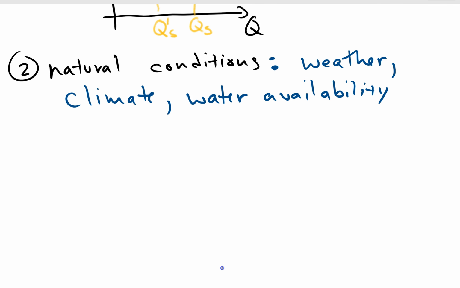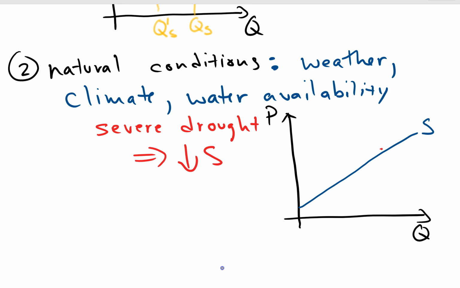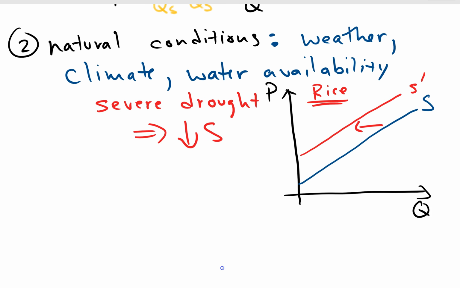But I won't go ahead and, actually I will draw one example. So let's say we have severe drought. There's not enough water. Then we might find in some farming, the ability to produce will go way down. So before this was the case, and then we're going to get a decrease in supply. If this is maybe rice farming, and they get a severe drought, well, rice needs a lot of water, then we're going to have a decrease in supply of rice in this case. Okay, so moving on to the next one,